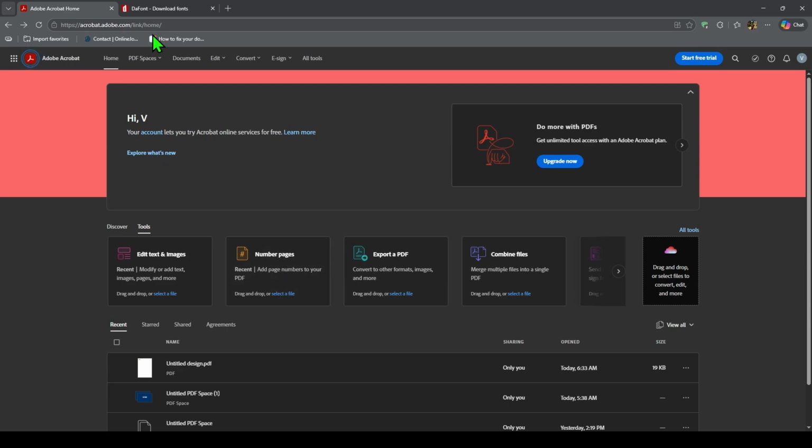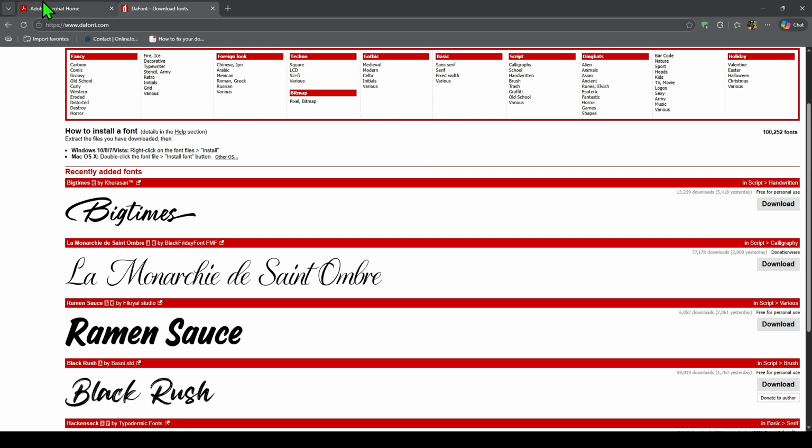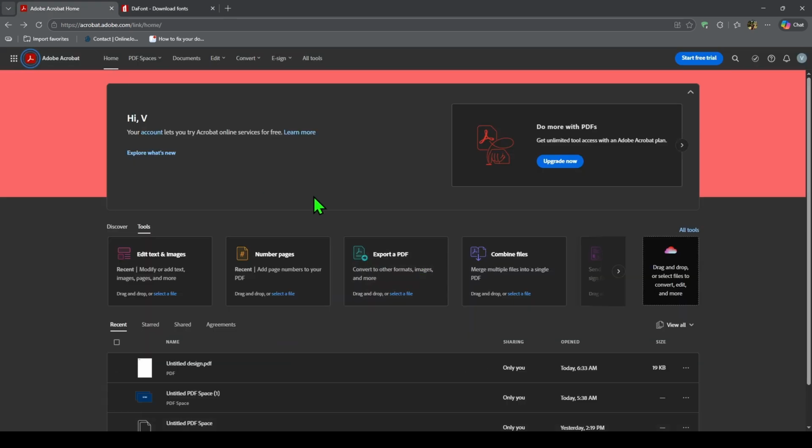If you are using Windows, open the folder where the font file was downloaded. If the font is inside a zipped folder, right-click the zipped folder and choose Extract All first. Then open the extracted folder, right-click the font file, and choose Install. You may also see Install for all users. This option is useful if you want the font to be available across all apps and user profiles on the